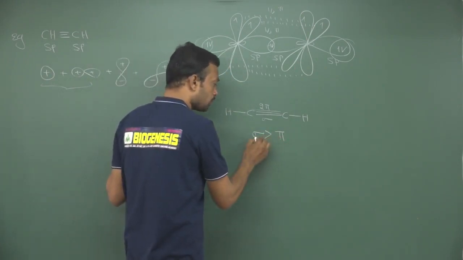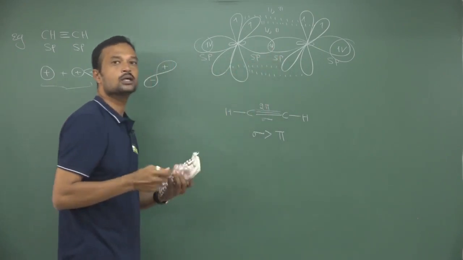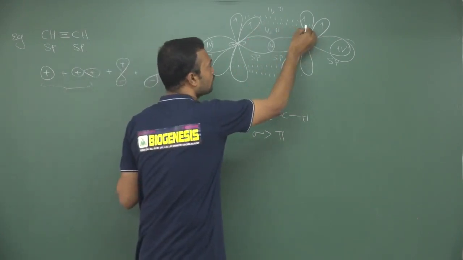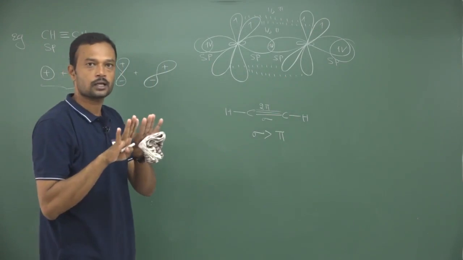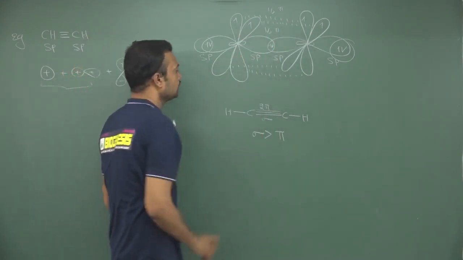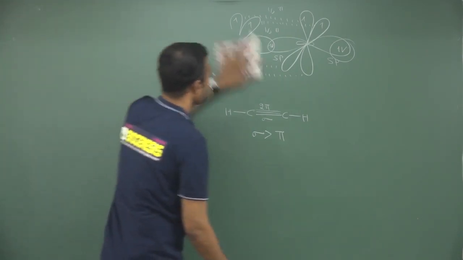So why is sigma bond stronger? Because wherever electron density is very high, at that particular place the overlapping is taking place. But in the case of pi bond, sidewise overlap is available. Due to this sidewise overlap, they cannot overlap effectively. It is a partial overlap, lateral overlap, a weak overlap that will give a very weak bond. Okay, that is about identification of sigma bond as well as pi bond.